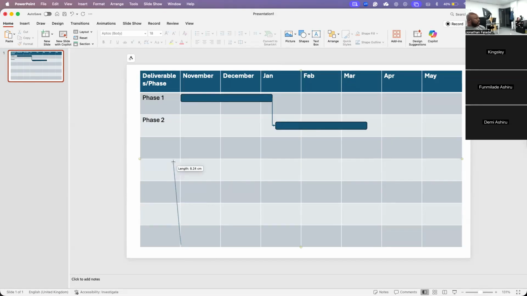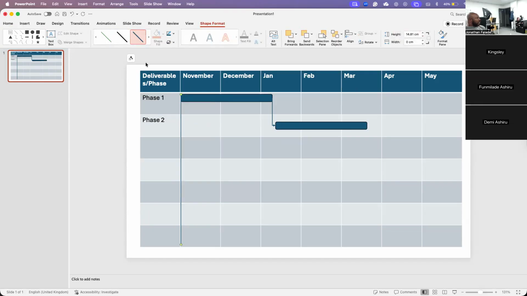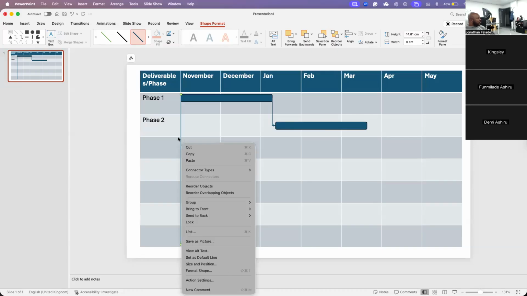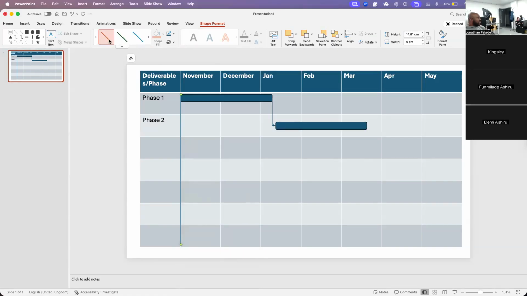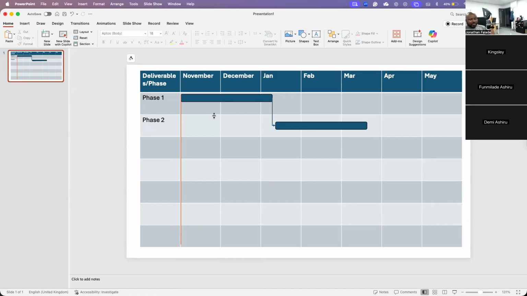All I'm going to do is draw my line all the way up. Now you could have a blue line, which is fine, but really that doesn't favor me. It doesn't really tell the message. So what I want to do is actually change the color to a red. Let me just pick that color from here if I can. Let me see, open up more colors. It's so far away, I can't really see it. But yes, assuming that was red. Okay, it's red. I think it's orange, but it doesn't matter. So that there tells a story.